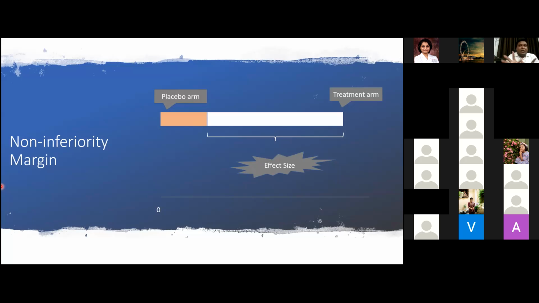Now we have another drug B, which is a newer therapy, and we want to prove that drug B is non-inferior compared to drug A. So now we know that the effect size of drug A is 10. Let's say that this drug B has a better safety margin and has a better dosage regimen. So the drug B is non-inferior if it